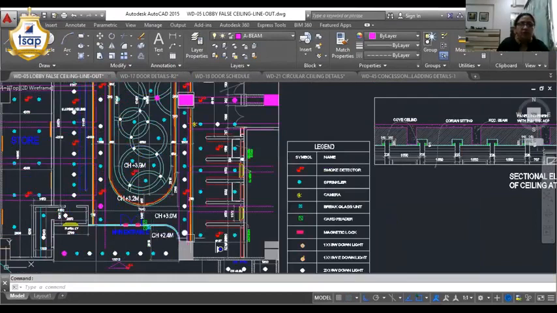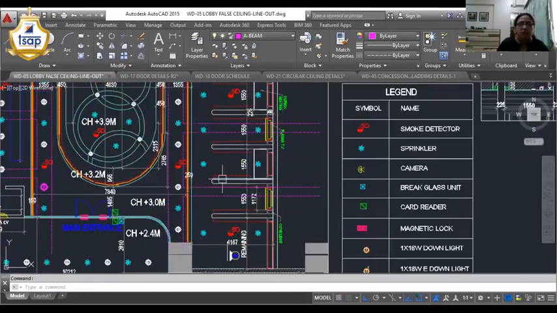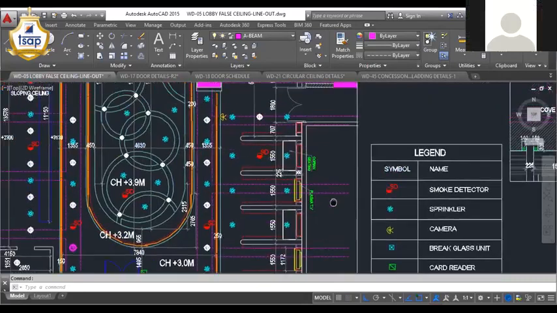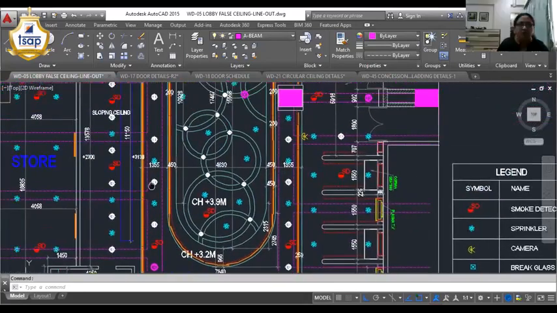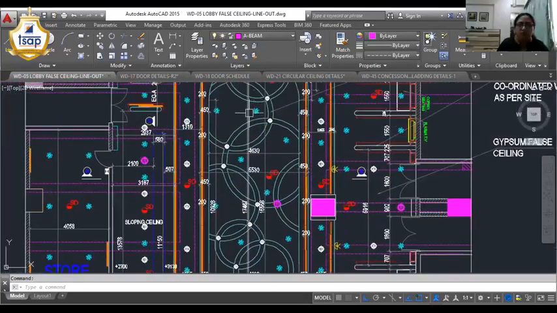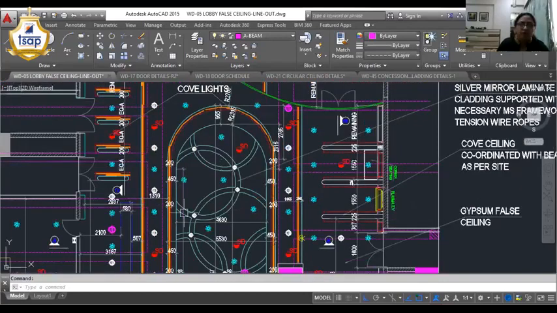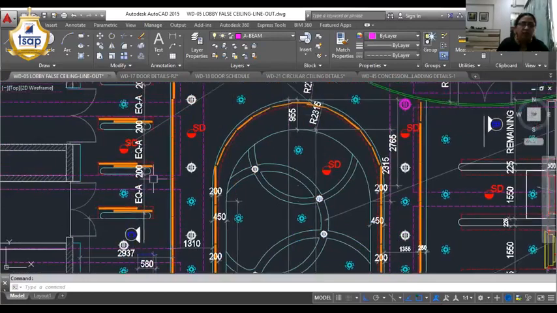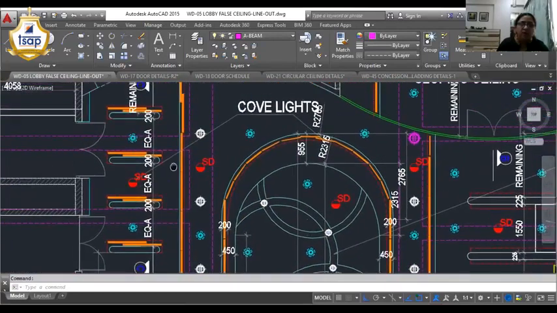Now here also you can observe how the dimensions have been shown, whether the dimensions are fixed dimensions from the RCC beam. RCC beams are shown in pink dotted lines. All the false ceiling elements have been given fixed dimensions. Then wherever the cove lights are at equal distance, those are shown.